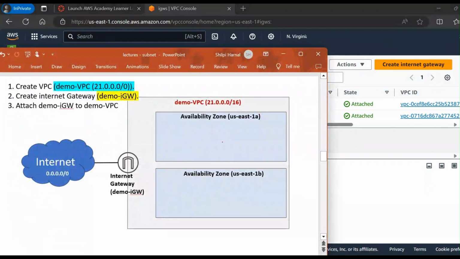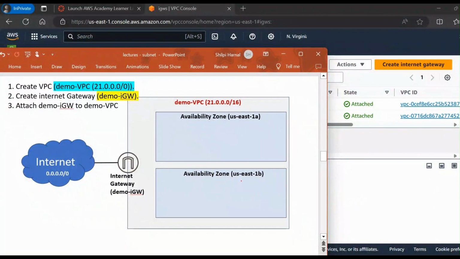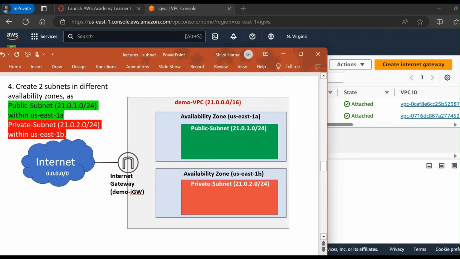So here the fourth step is to create 2 subnets in the availability zones. As I am working with the North Virginia region, here I am having 6 availability zones. So I am going to work with 2 availability zones only, US East 1A and US East 1B. You may also try with other availability zones. So the fourth step is to create two subnets in different availability zones. So this is the range of my public subnet, and for private subnet I am taking the range as